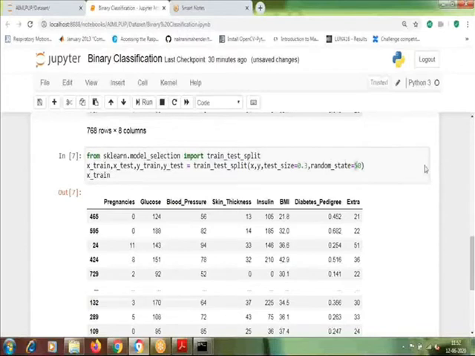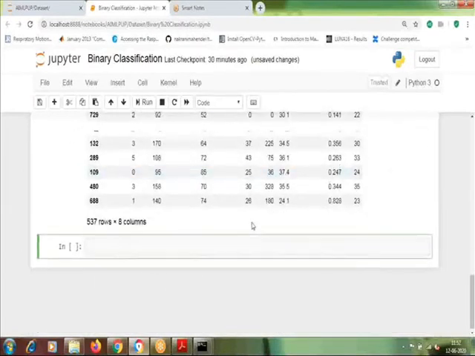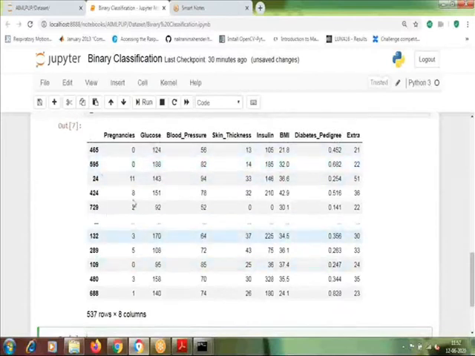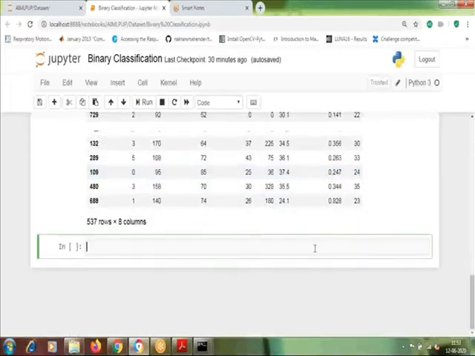The next thing to do is, now you can see in this data set that the maximum value in pregnancy is different. In glucose, the range of the values is different, 124, 188 and so on, whereas blood pressure values are different. So all these values are different, whereas the diabetes pedigree function has values in decimals. So what we need to do is scale this so that all the values come into one particular scale. To do that, again we are going to use the scikit-learn library.